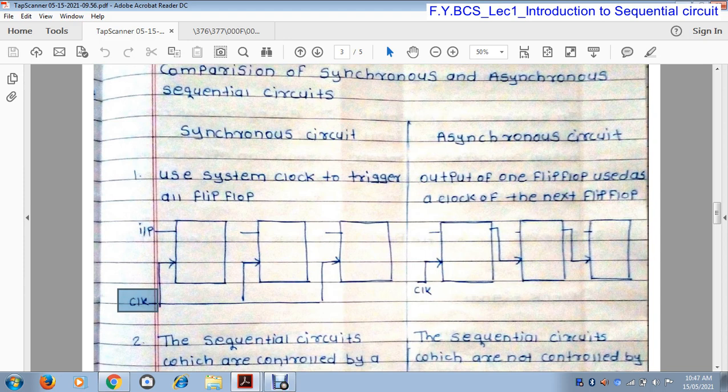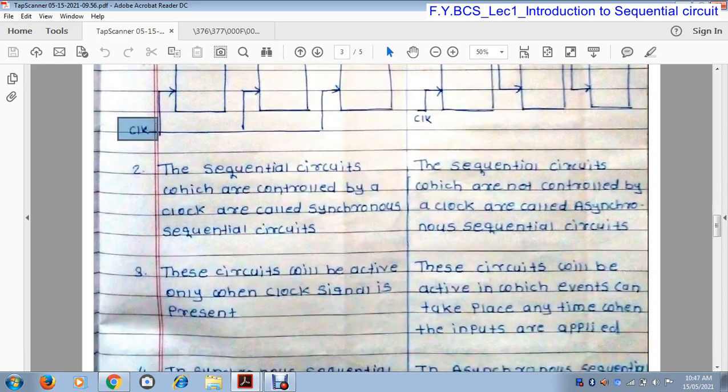So it doesn't use a clock signal; it uses the output of the previous flip-flop to activate the next flip-flop. Therefore the memory element is an unclocked flip-flop, while in the other case the memory elements are clocked flip-flops.